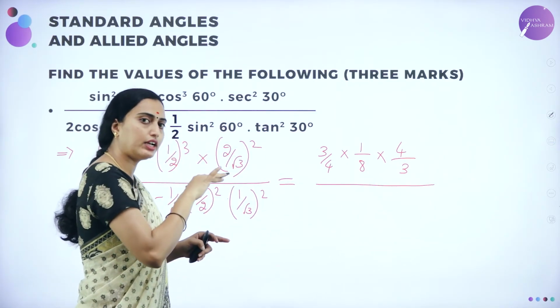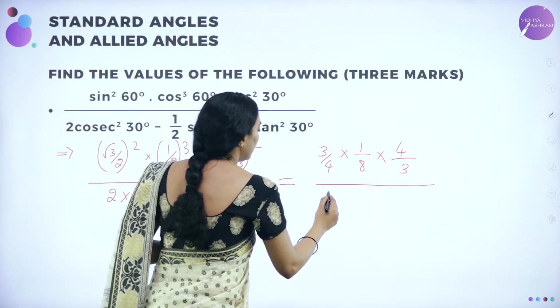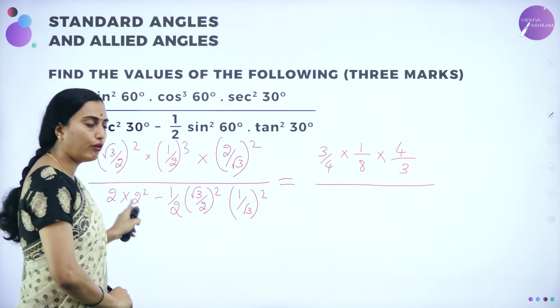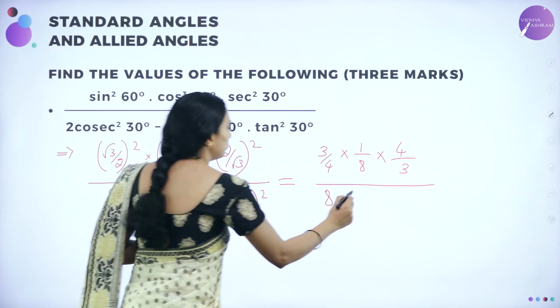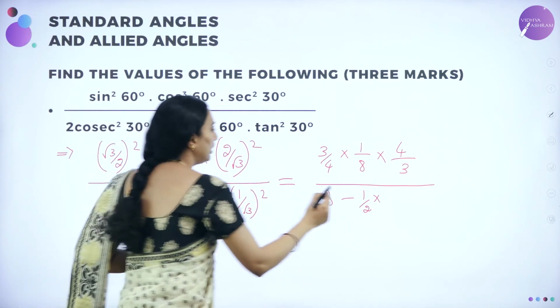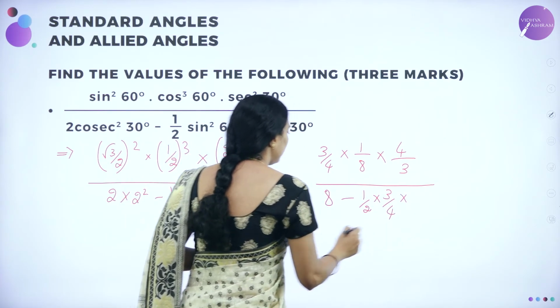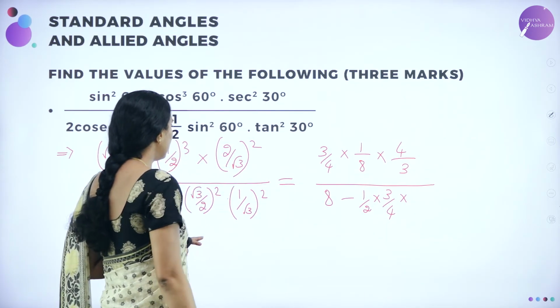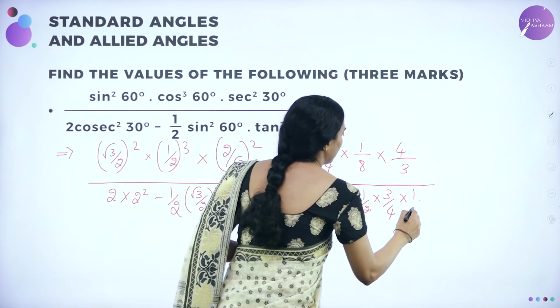and then after writing the ulta. So here 2 into 2 squared is nothing but 2 squared is nothing but 4. 4 into 2 is 8. 8 minus 1 by 2 as it is into, now root 3 whole squared is 3 divided by 4 you are having into 1 by root 3 whole squared. What is 1 by root 3 whole squared? Which is 1 by 3.